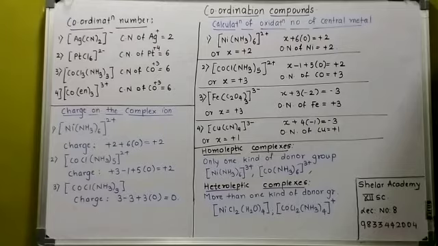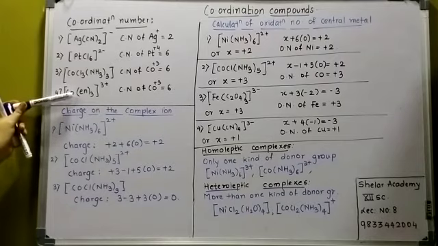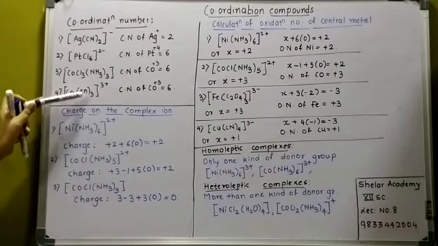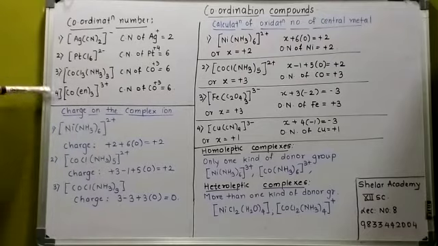Okay, now let us see this one, en thrice. What is this? It is ethylene diamine. Ethylene diamine is a bidentate ligand. So how did this 6 come? There are 3 en, and en is bidentate, so 3 twos are 6. So the coordination number of Co is 6. I think you have understood this. How do you find out the coordination number? Because all these things are very important for writing the IUPAC name of it.